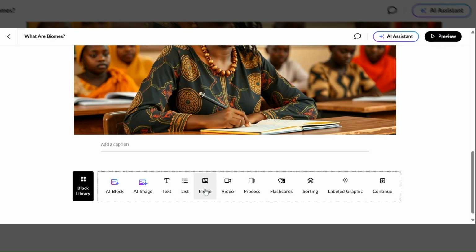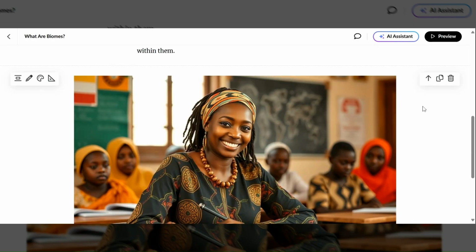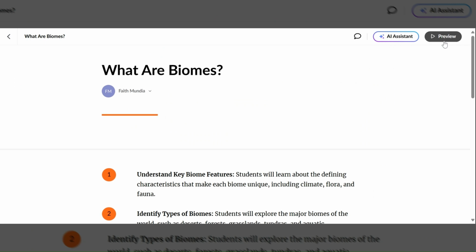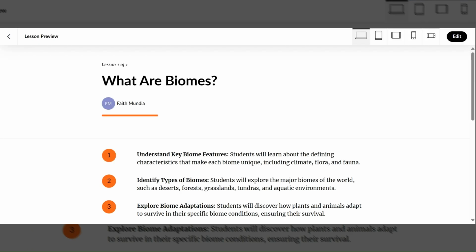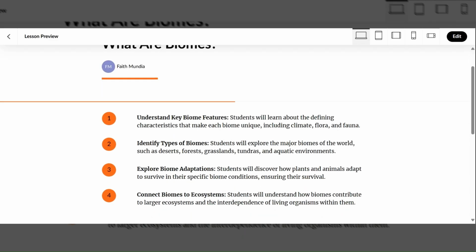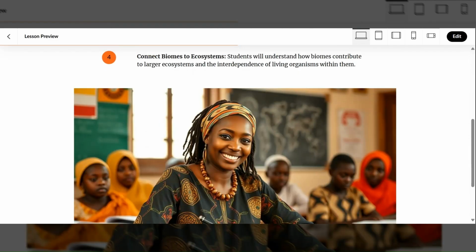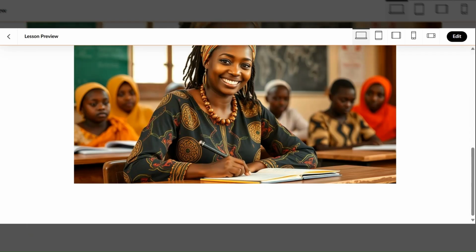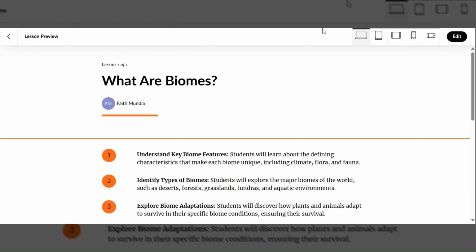Anyway, you can test out the other stuff. You can add an image, you can add a YouTube video. So please test this out. And if you want to see how it looks, let's click preview. Okay, so this is how our lesson will look. The student can go down and this is how it will look. And when you're exporting,